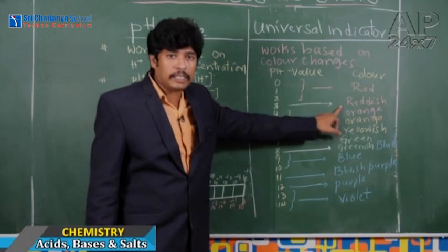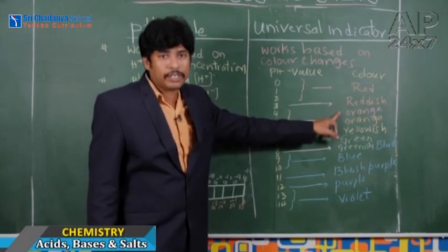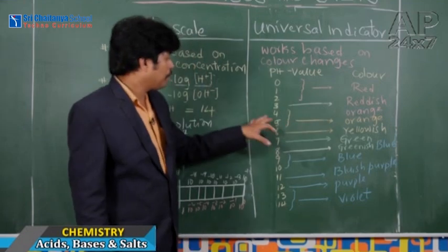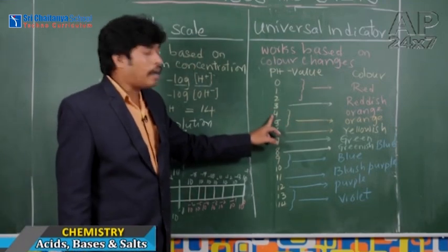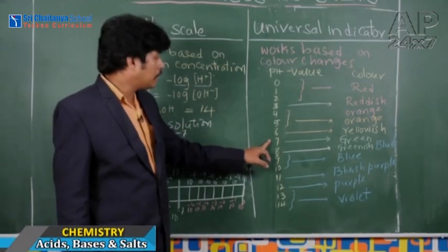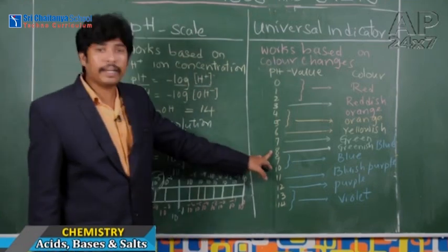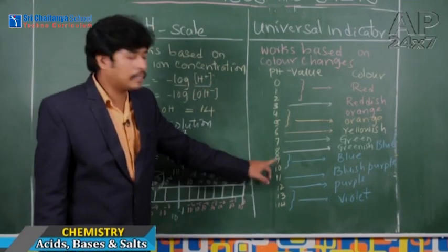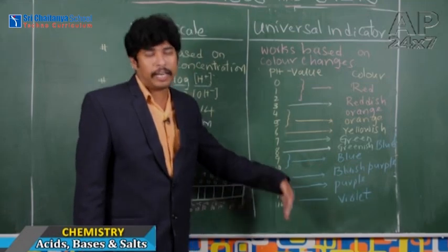That's why the color change or intensity will change, from reddish to orange color change we can observe. And when it comes to 4 and 5, we can observe orange and yellow colors. When it comes to neutral solutions, we can see the green color in the universal indicator. And coming to basic medium, we can see 3 important colors like blue, indigo or purple, and the final one